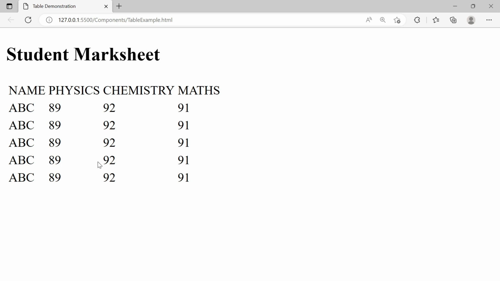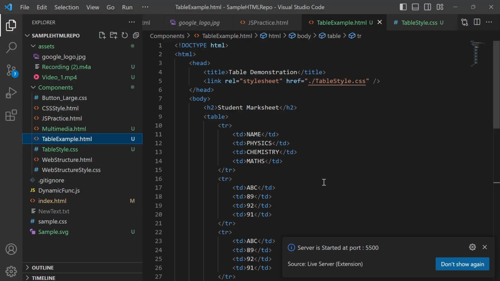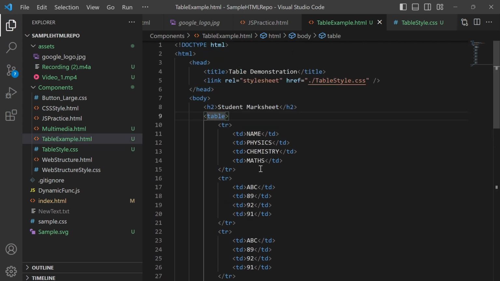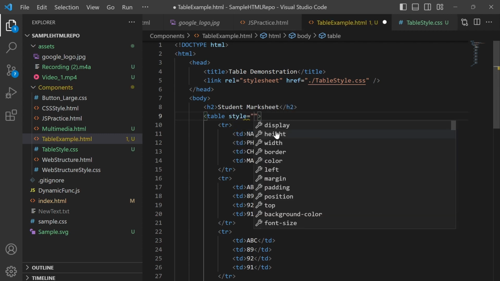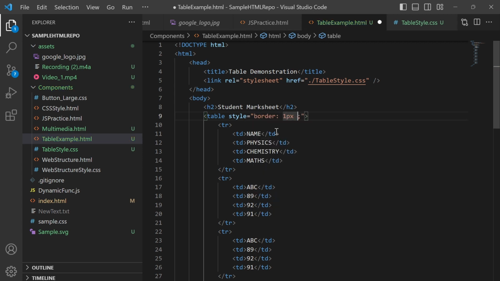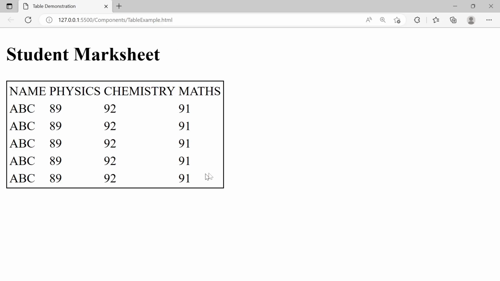So here we need to put borders, okay, through CSS. We need to use CSS to get the borders. Okay, so what we will do, we will add the CSS, and using CSS borders will be added to the table. Okay, so right now I am just putting inline CSS. This will create the first container. Okay, so it creates the container.